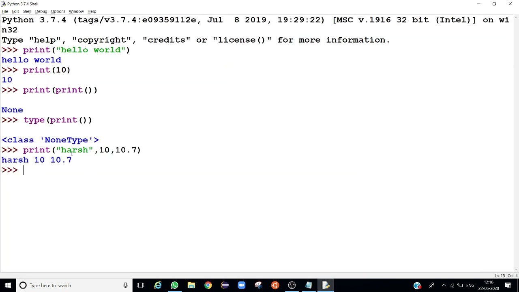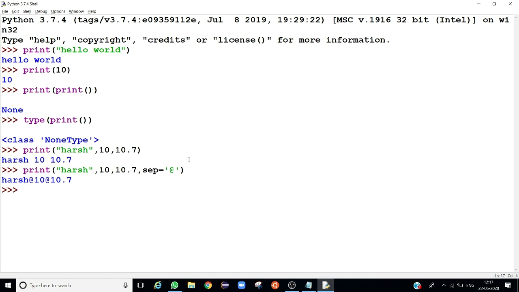If we want to change it, we simply write print 10 10.7 sep equal to, like at the rate symbol. If we simply run this, we will get at the rate between all the objects.